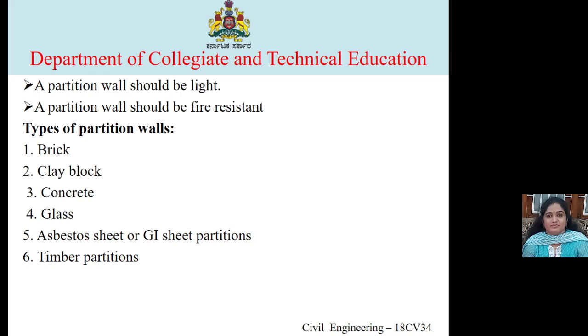So we have discussed brick with half brick thickness of wall. The same burnt bricks can be used. Clay block is a separate one, made up of terracotta clay. Concrete, we have seen, may be precast or cast in situ, or it may be RCC or plain. For small heights you can make small panels and join them in T and L shapes to get a good body. Asbestos, GI and glass we have also discussed in two types.